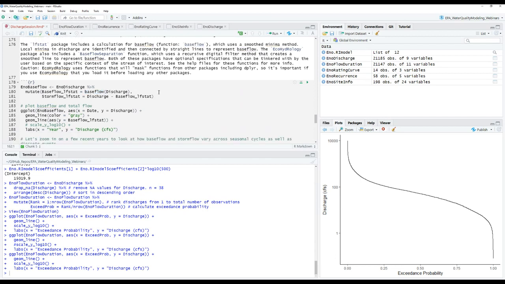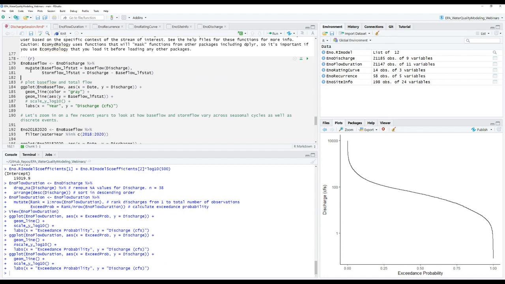Okay, so let's go through and calculate and do some baseflow separation. So again, for any given discharge, we can attribute somewhere between 0 and 100% to baseflow and storm flow. So let's take our discharge object. Let's make a new object called baseflow. We'll use that assignment operator to assign from discharge. Use our pipe. So again, we're doing things in sequence. Our pipe allows us to say then I'd like you to do this next thing.